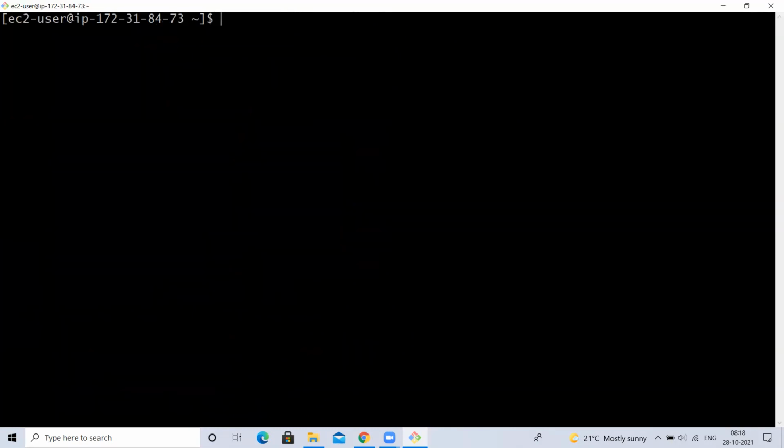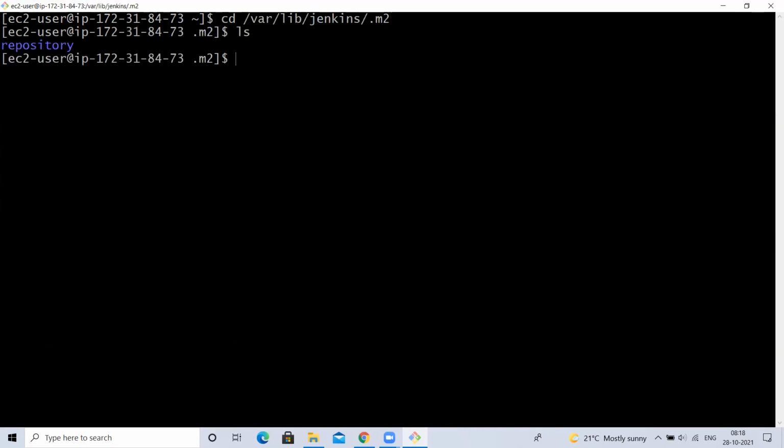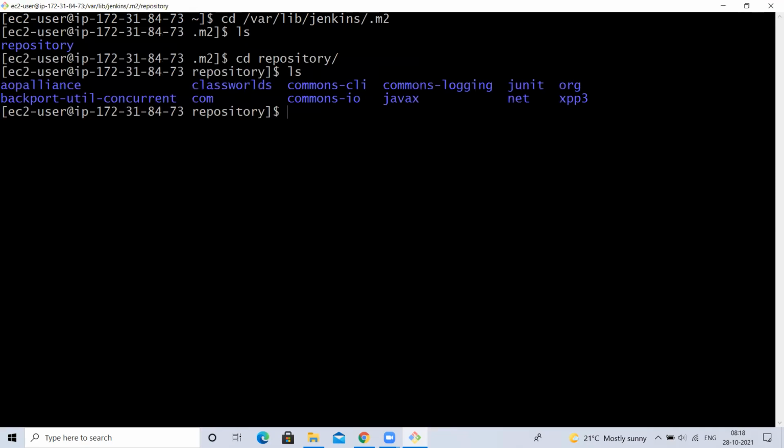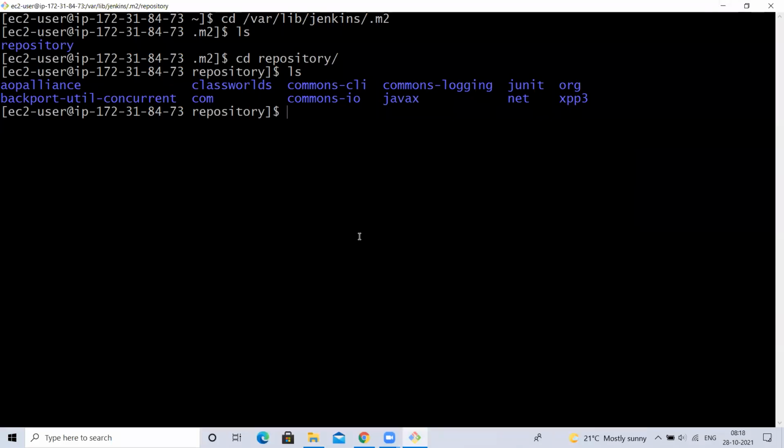Okay. So now cd, here, see this cd repository. ls. So here we have all the dependency jars downloaded. The same dependencies will be used for both the projects. So the dependencies will be downloaded to the Maven local repository. Maven local repository is common for all the jobs, right? For all the projects, right? So it is common. So it has downloaded there. Okay. Fine. Next.